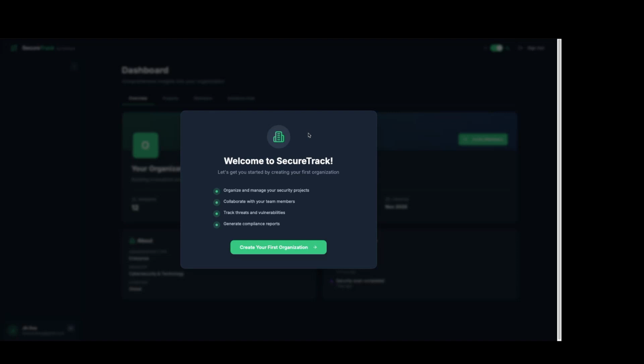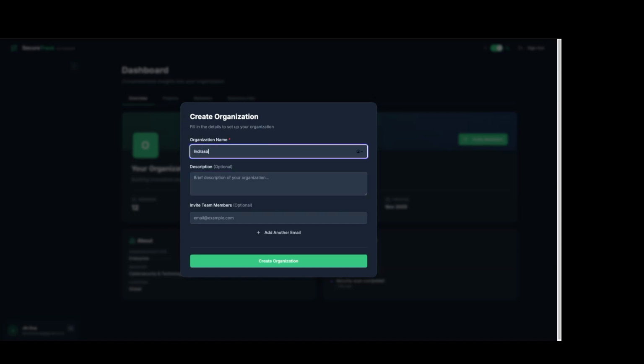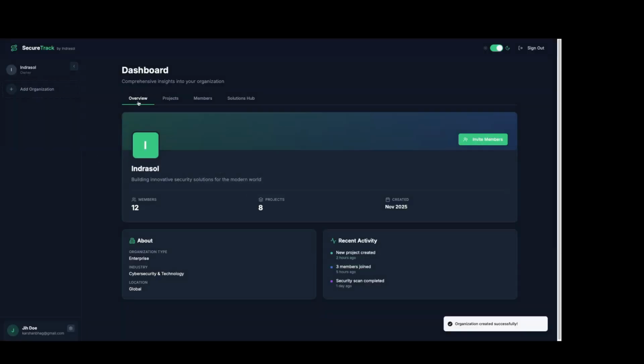One is creating an architecture diagram that is focused only on diagram generation. And again, it's collaborative, where we can invite different people. And secondly, running the threat analysis, that type of projects. So we start by creating an organization. We create an organization. We can add team members from here, but I will show you first